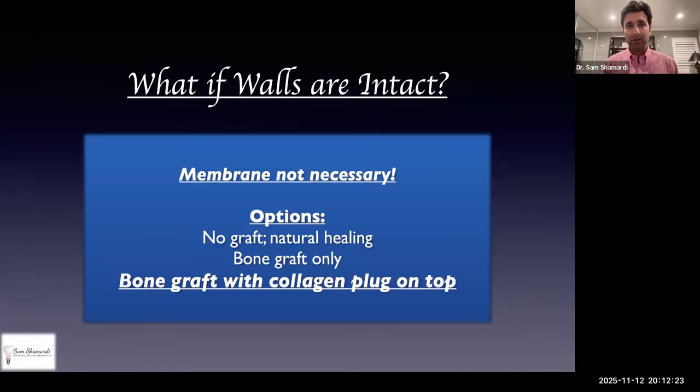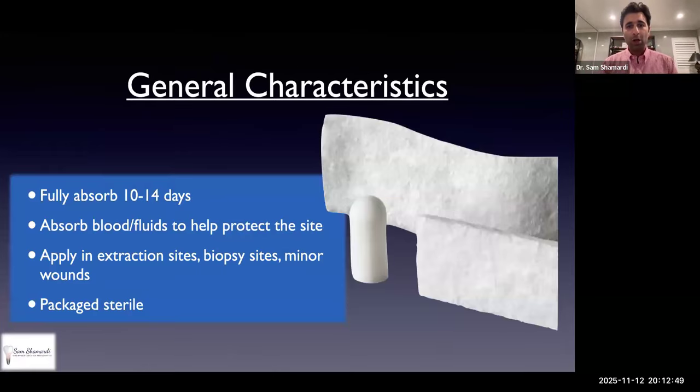Now, to not confuse anybody, the literature is very clear. At the end of the day, using a bone graft and a membrane together is always going to yield you the best overall result. But if you have a very wide ridge and you have all of your bony walls intact, you can also employ the option of using your bone graft material, but utilizing on top something known as a collagen plug. So collagen plug, or another version of it, in the form of a longer strand known as a collagen tape, is also another very effective option when we have all of our bony walls intact,